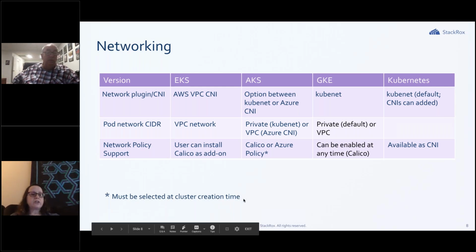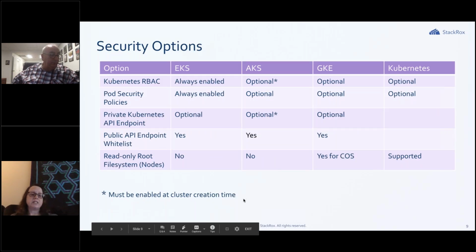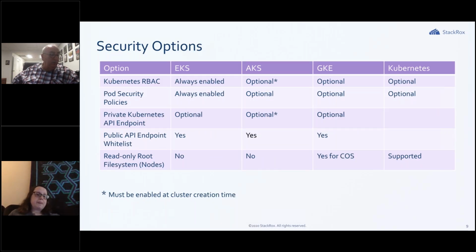Next slide, security options, and network policy falls into this. But Kubernetes RBAC, at this point, you should be using their role-based access control. It's standard, it's been around for a couple of years. This is the way to manage what services and what users can